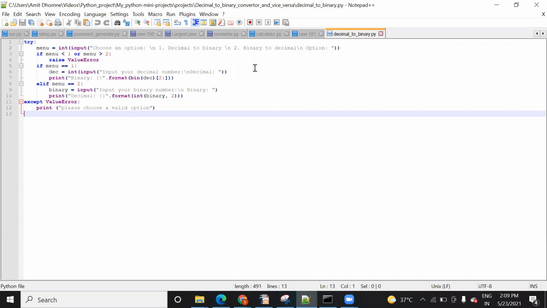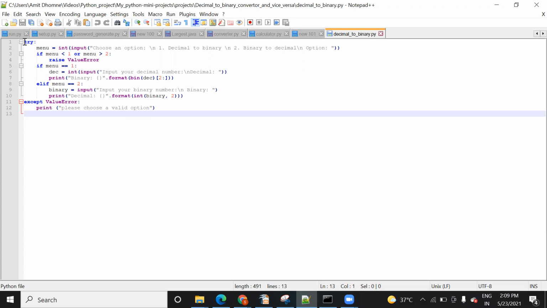In this project, it's a mini project where I will show you how you can convert from a decimal number to a binary number and from a binary number to a decimal number. Here I have shown you the code, and I will explain step by step each and every line, what this line means and why we have added this line to your code, and I will show you the output also.